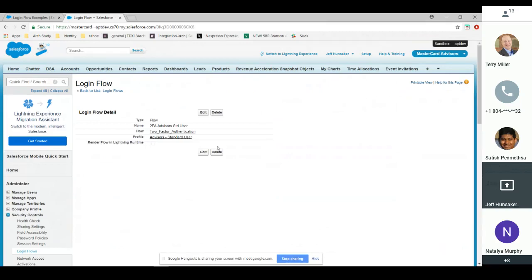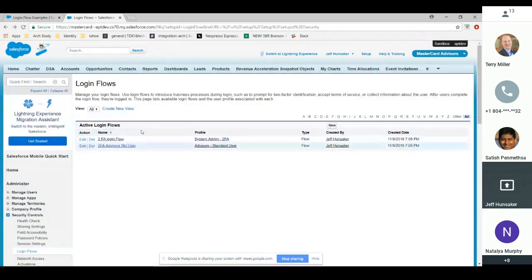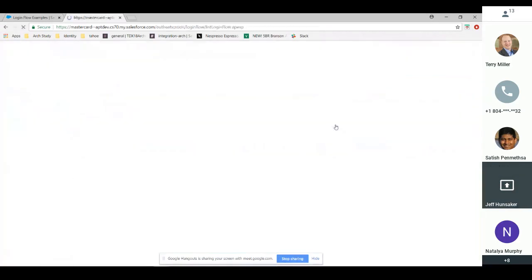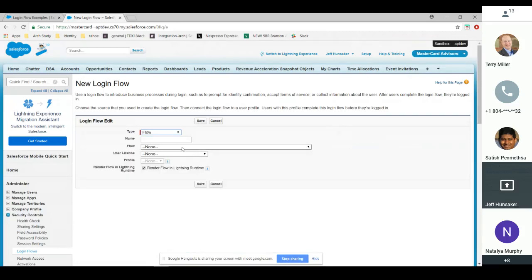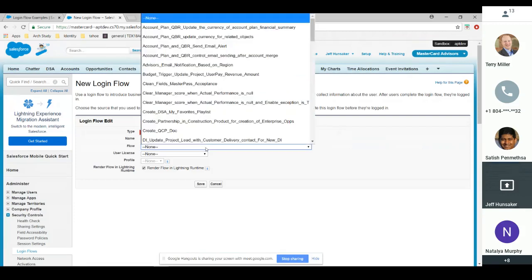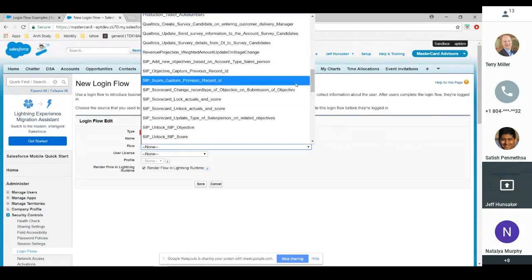Let's create a new one, because it also asks you about a user license. Oh yeah, you're right. The license kind of gives you what profiles are available, I think is why it's asking that. So you have to define whether you want a Visualforce page or an actual flow. That'll guide you through 2 different ways. And then it just lists your flows, and you go and pick the one,